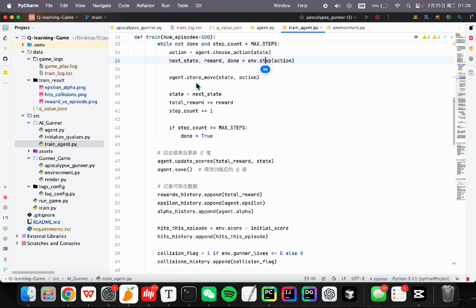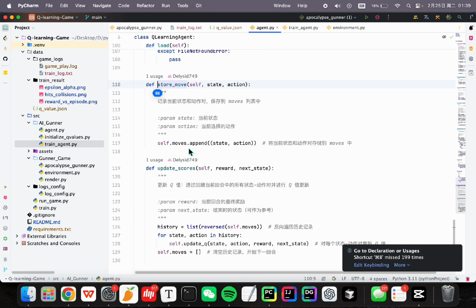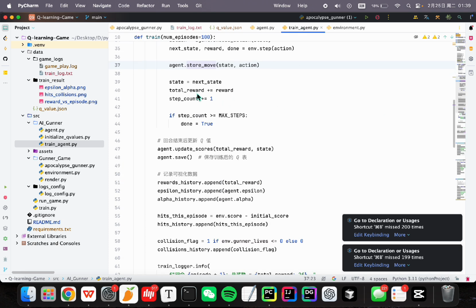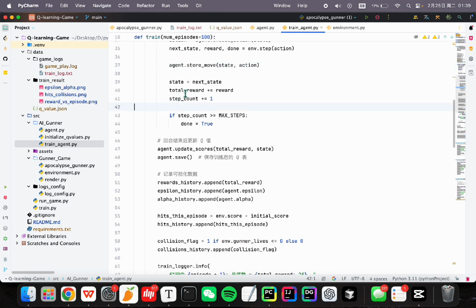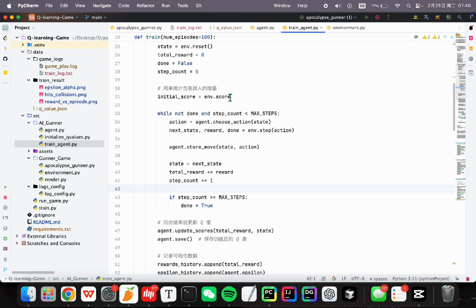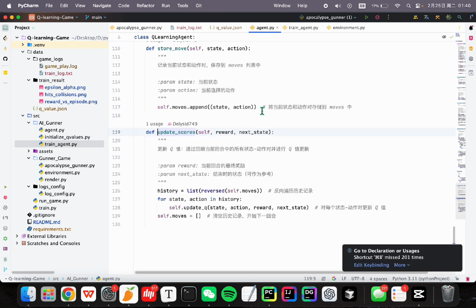And then the agent will store this information into this array. Okay, and then next, if the step count is higher than max steps, it will let done become true and exit this iteration. And then when this is over, we will update the scores by these two parameters. Let's see this function. Okay, this update scores